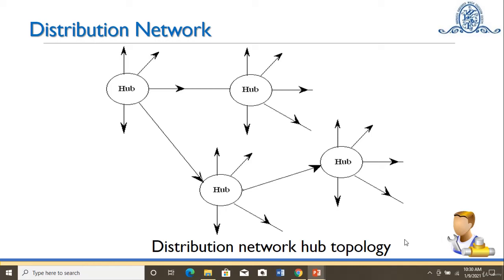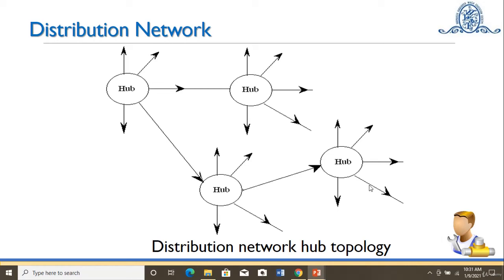Optical fiber system can be used to distribute the information to a group of subscribers, for example, cable TV, distribution of telephone signal over the central switching offices. So this common distribution network may have a configuration like hub topology or the bus topology. So here the hub topology is shown in this particular slide. The central hub can share a single optical fiber cable because of its large bandwidth for connection with the main hub.